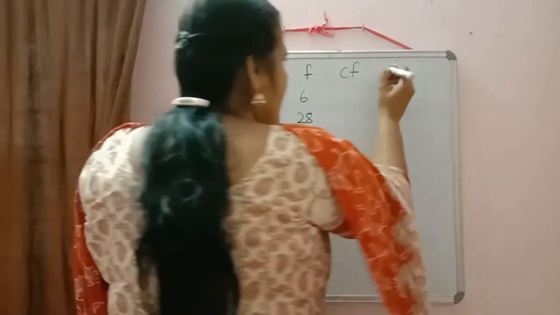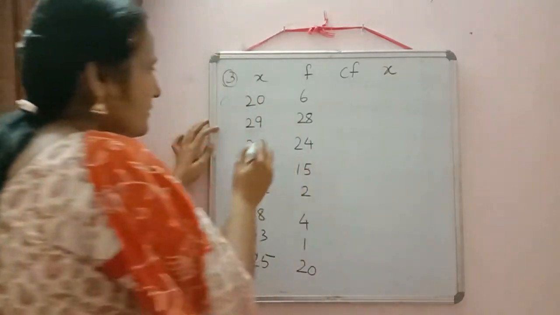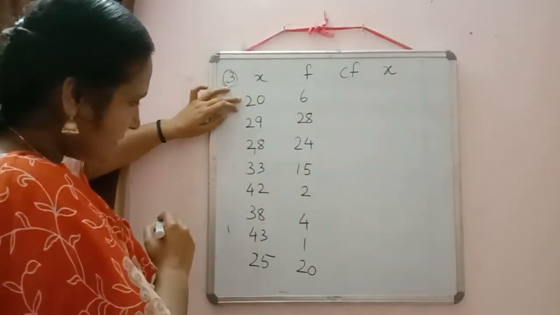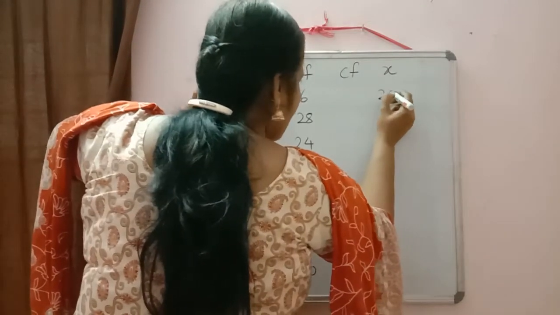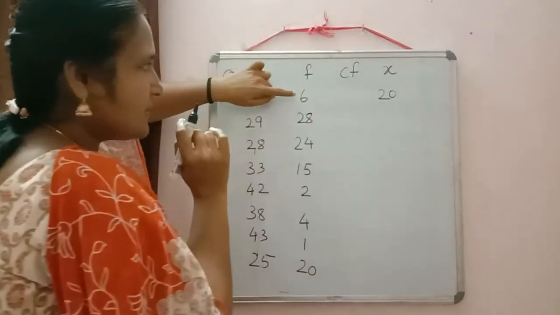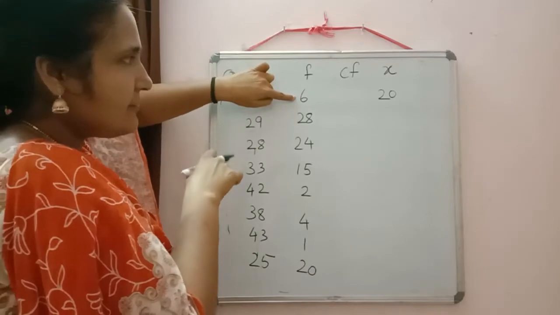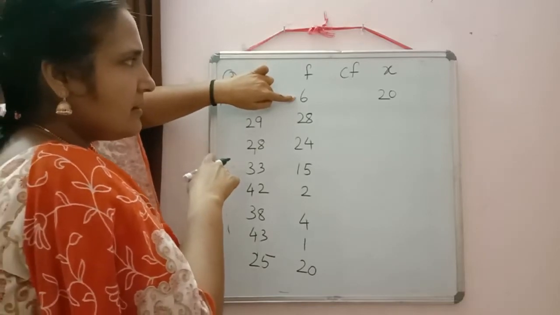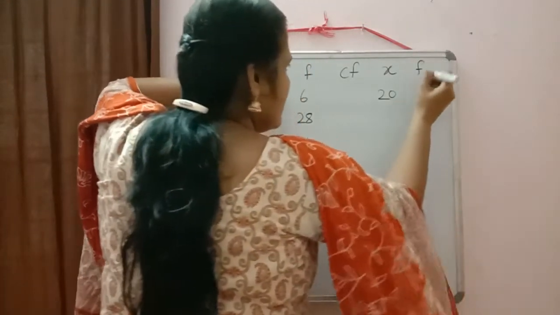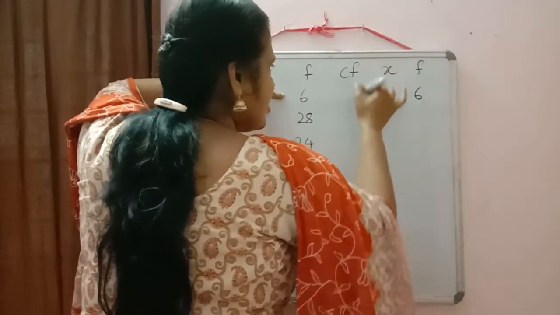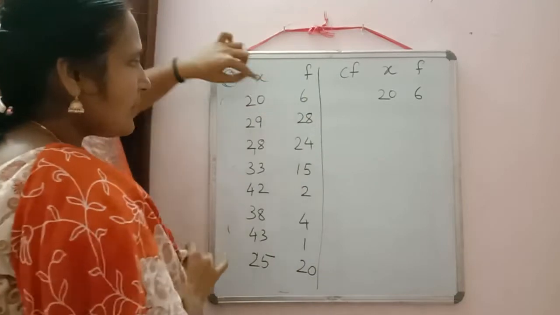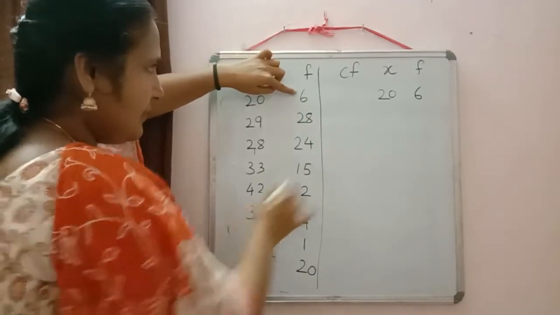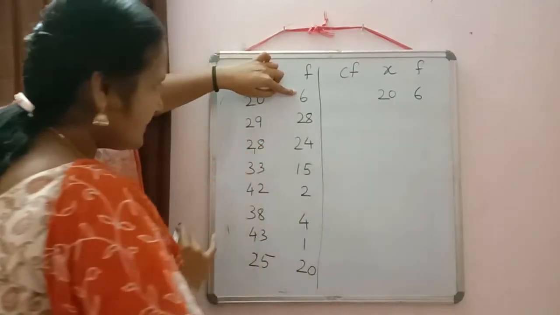Okay, so I am writing the value of x here. The first number, just to check, is 20 only. First is 20 and the frequency of 20 is 6. Shall I change the frequency here only? Okay, no problem, I will write the frequency also here. So this is the question given. Cumulative frequency we will write from here. So the first number is 20, we wrote 20, its frequency is 6.